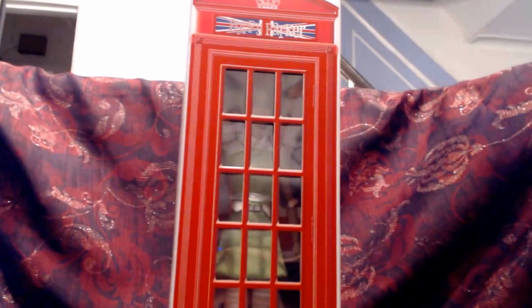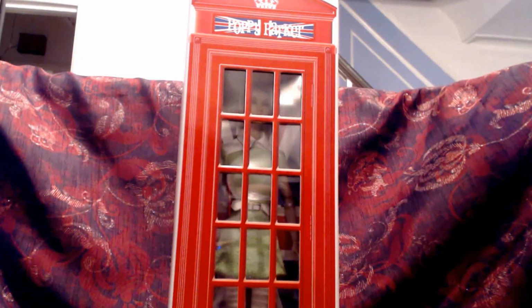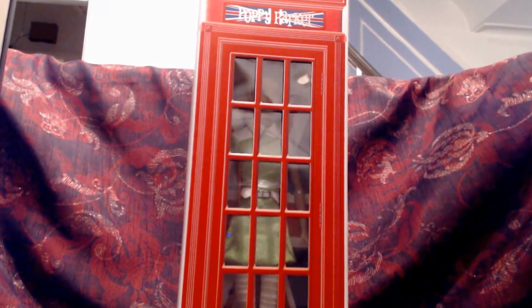The second is Poppy Parker in her brand new Poppy Parker box, which I will say a whole lot more about when I do the Poppy review in a couple minutes. And the third, the Fashion Royalty,